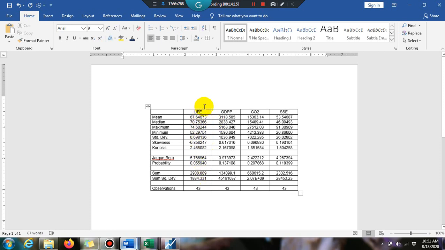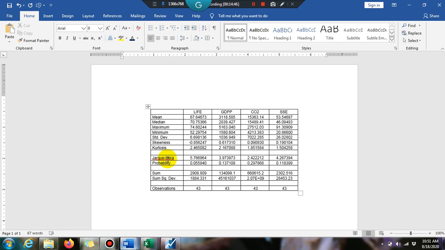You have to write a paragraph on these four variables. You have to define whether your data is positively skewed or negatively skewed, and what the kurtosis value is, positive or negative. Kurtosis explains the tailedness of the data.